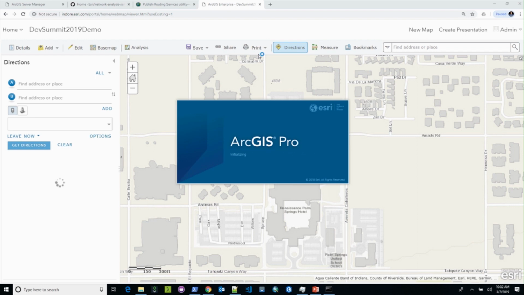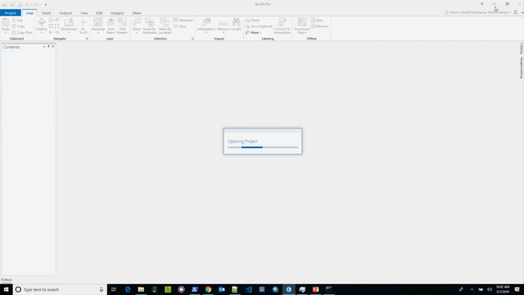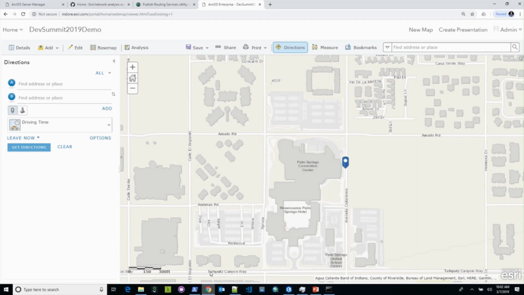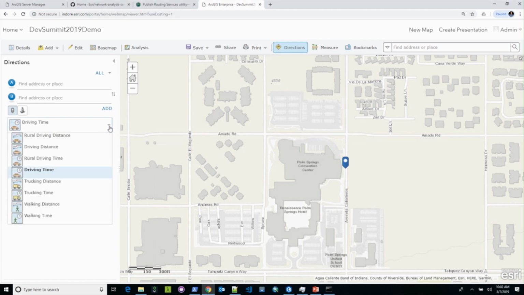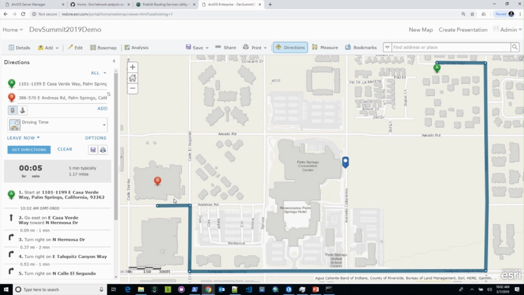Let me also start ArcGIS Pro meanwhile, so that we can see how we can be using these services from ArcGIS Pro also. So let's get back. These travel modes are actually coming from one of the utility services that we published. And this is the simple directions button where if you're doing the analysis, this solve is actually now happening on your own server where you have published all of the network analysis services using the functionality. So this at this point is very similar to ArcGIS Online, but everything is happening in your own infrastructure behind